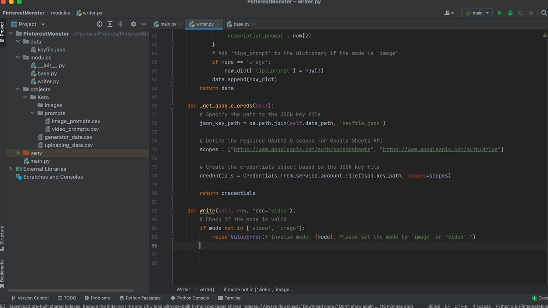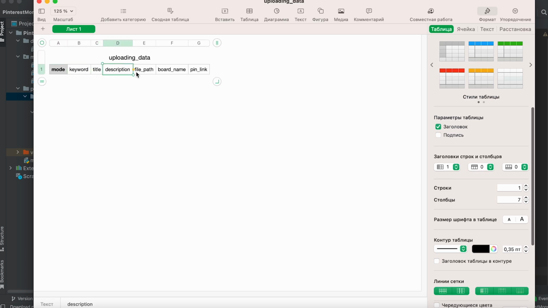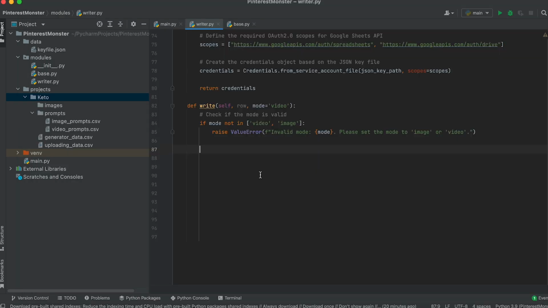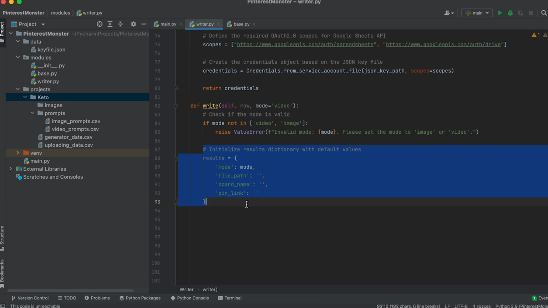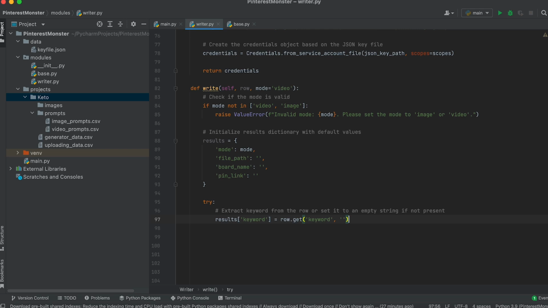Now we need to create a dictionary for the subsequent writing of data to the CSV file. In the uploading data file, we will need columns with such data. So let's initialize the dictionary and set default values for some of this data. Now let's open the try block and add a new key value pair to the dictionary. We'll use the key keyword and add the keyword extracted using the get method from the dictionary passed to the